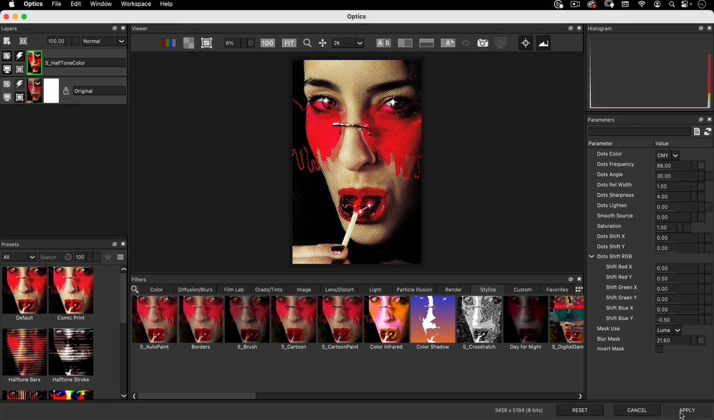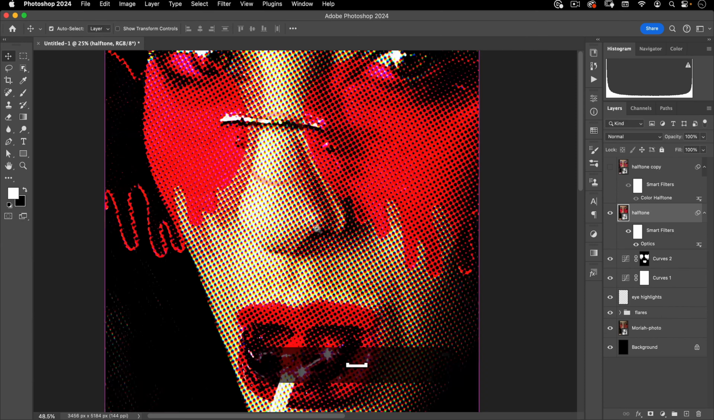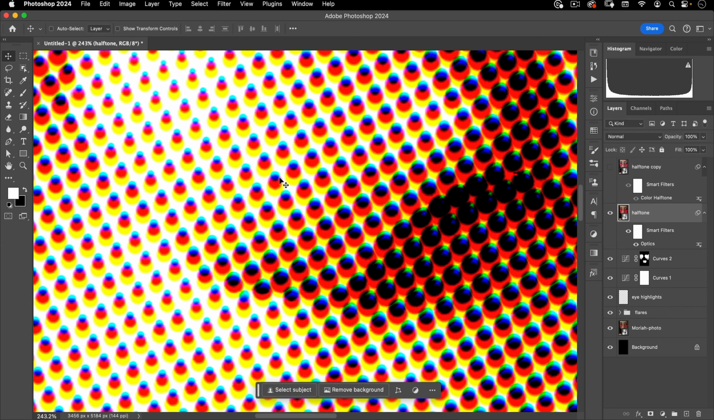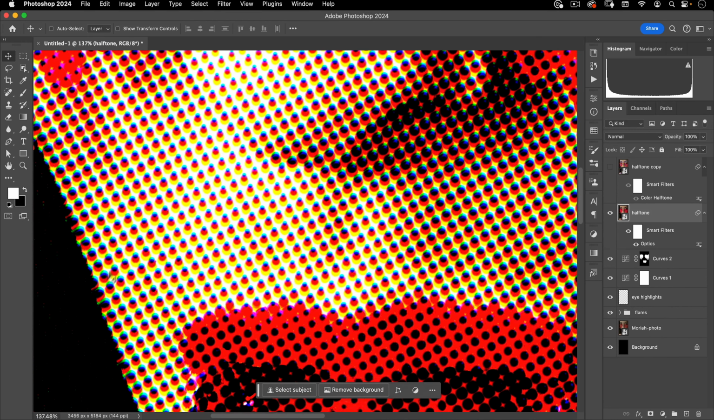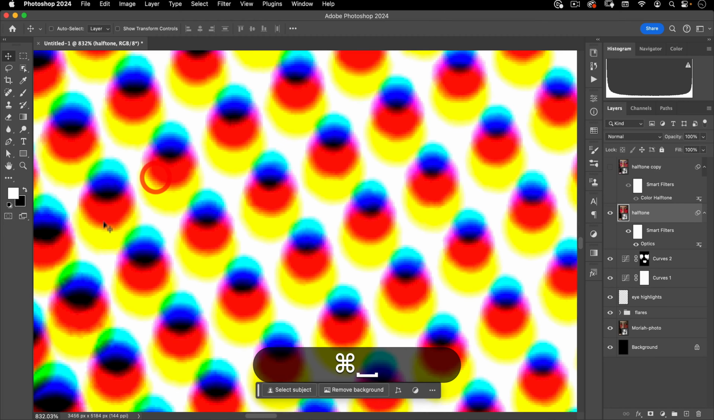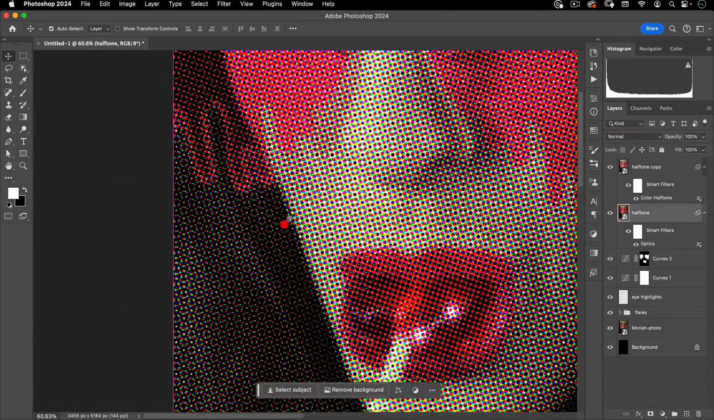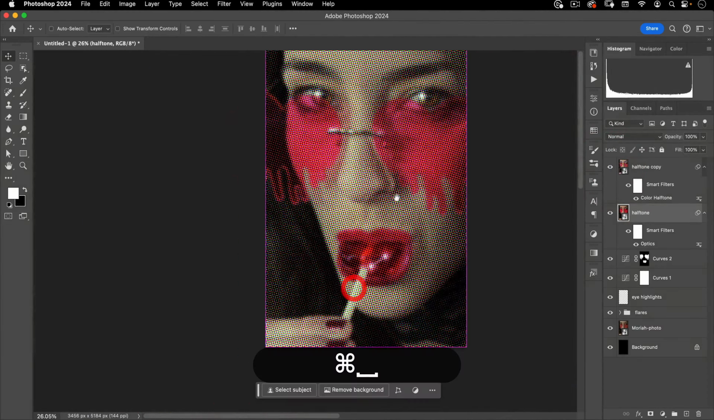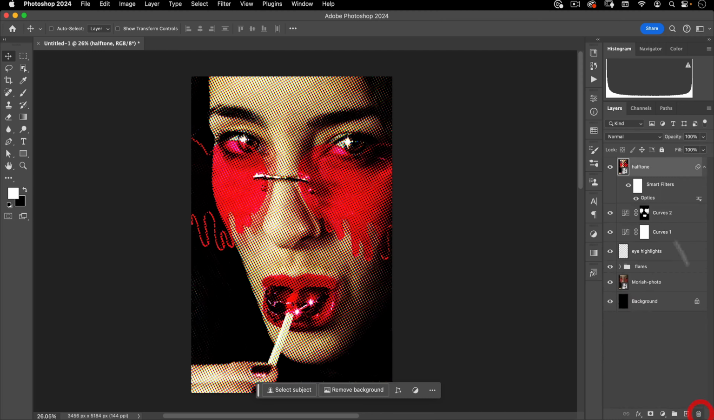Also, if we look closely here at the effect, you'll see that these dots are offset from each other, and also there isn't really a black. The black is created by the C, M, and Y stacking on top of each other. Whereas with this color halftone effect, there's a separate black, and it's just not as nice of an effect. So I'm going to go ahead and throw this one away,